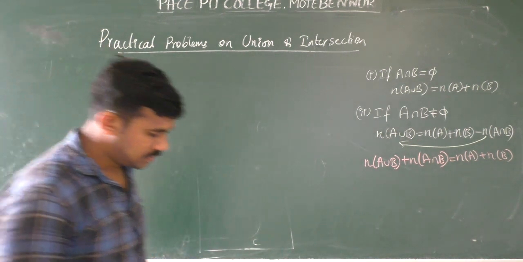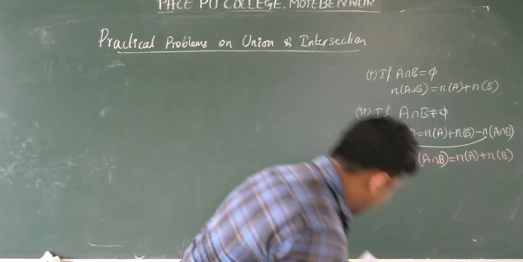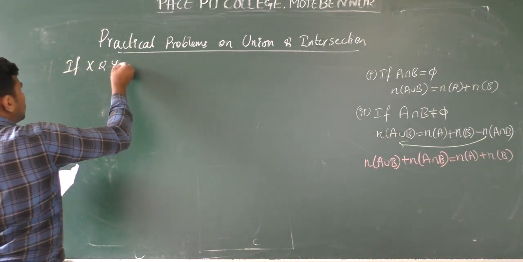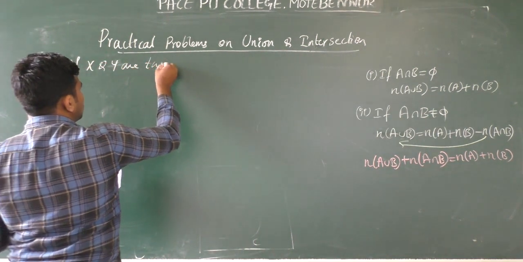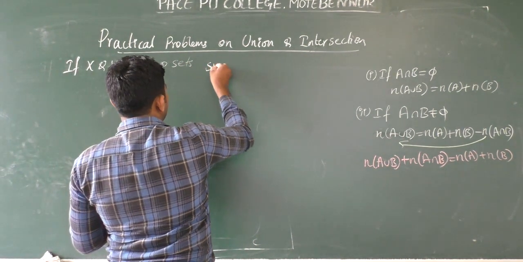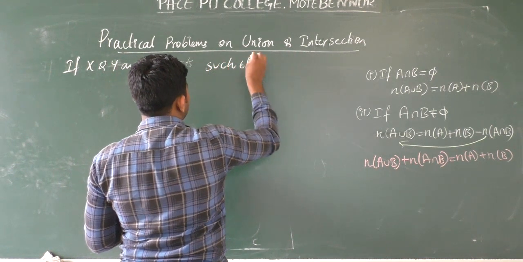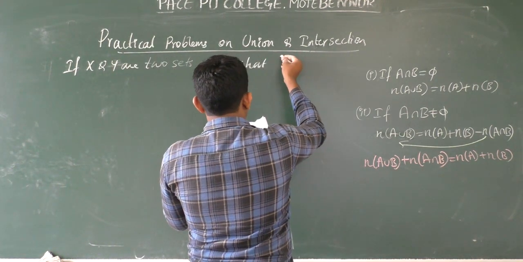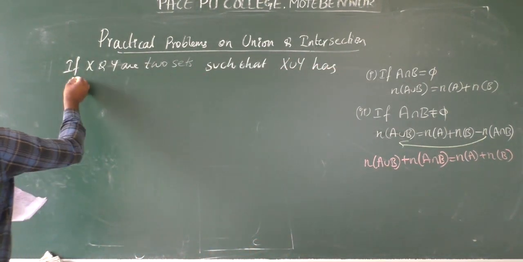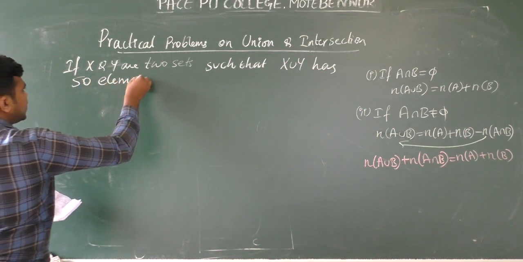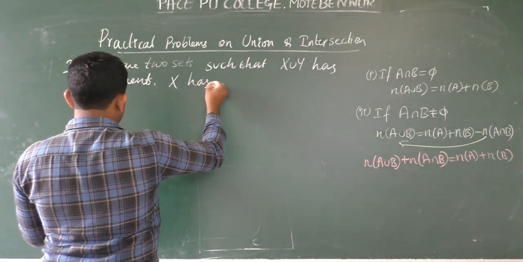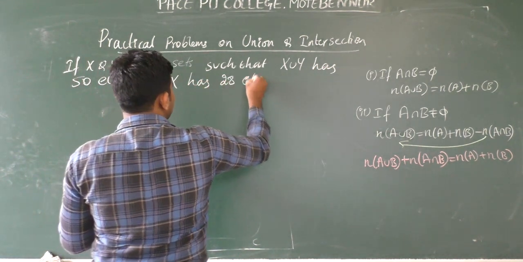Here you see, if x and y are two sets such that x union y has 50 elements. In the sentence they have given it; in the last question it was given as an expression, not in words. See carefully: x has 28 elements